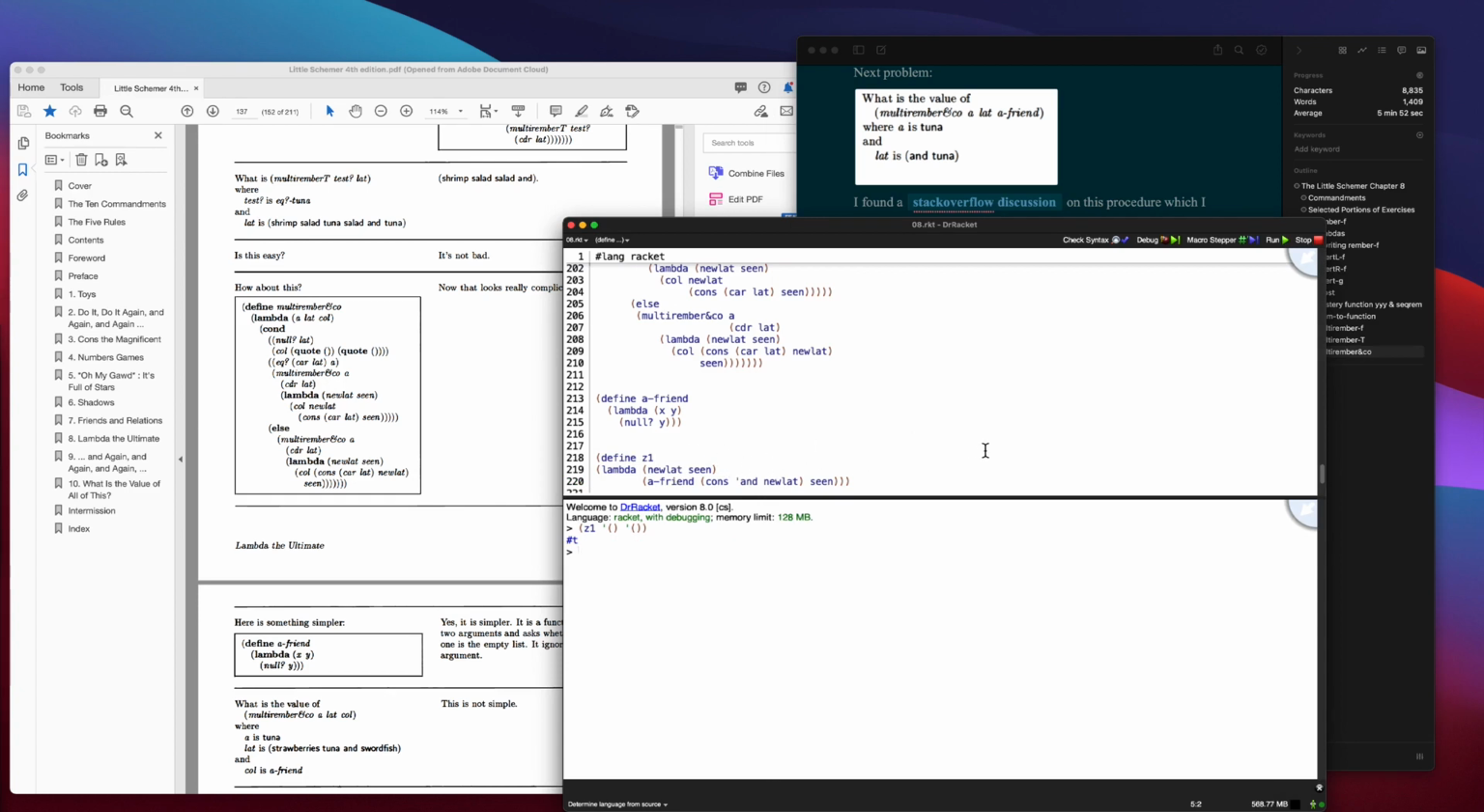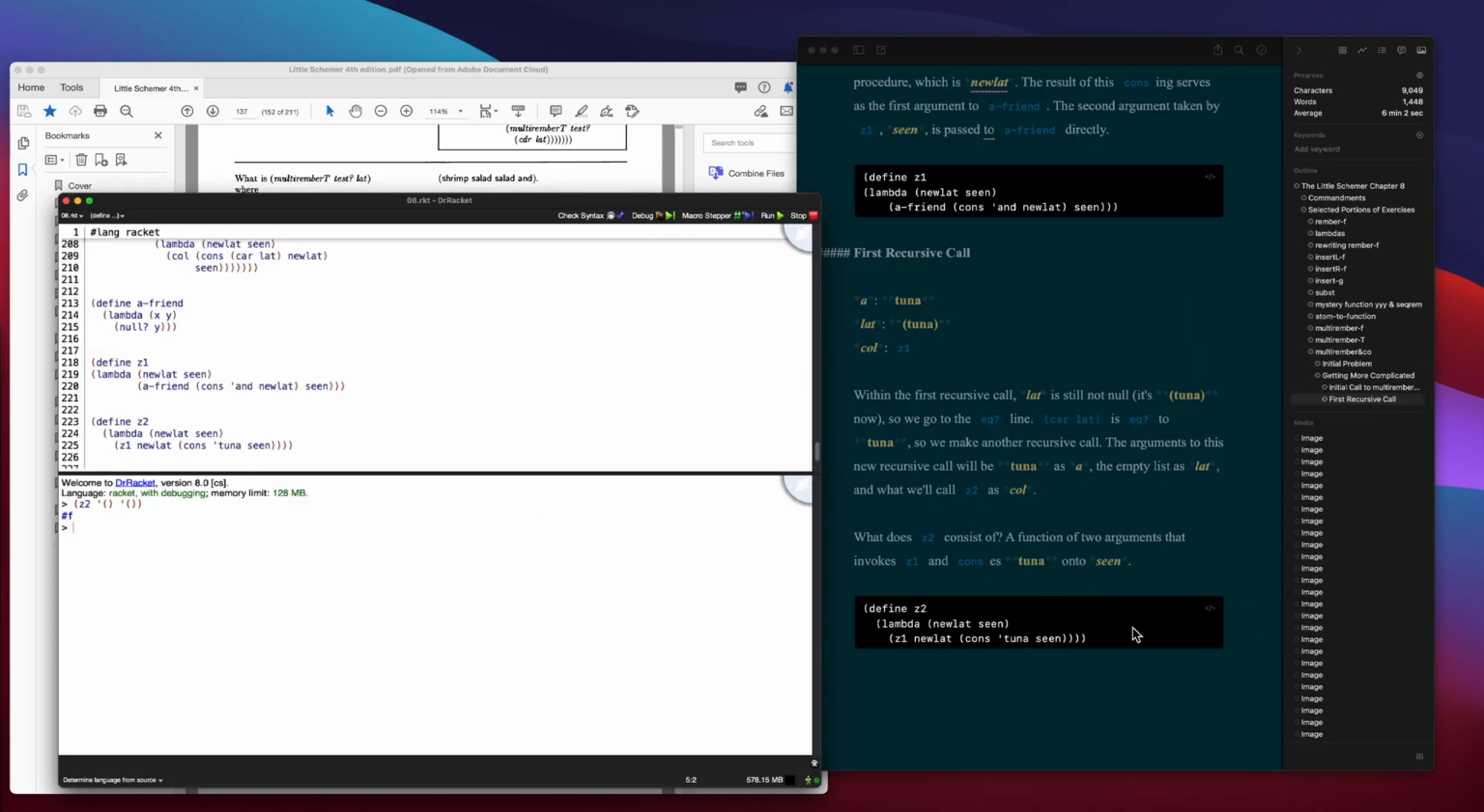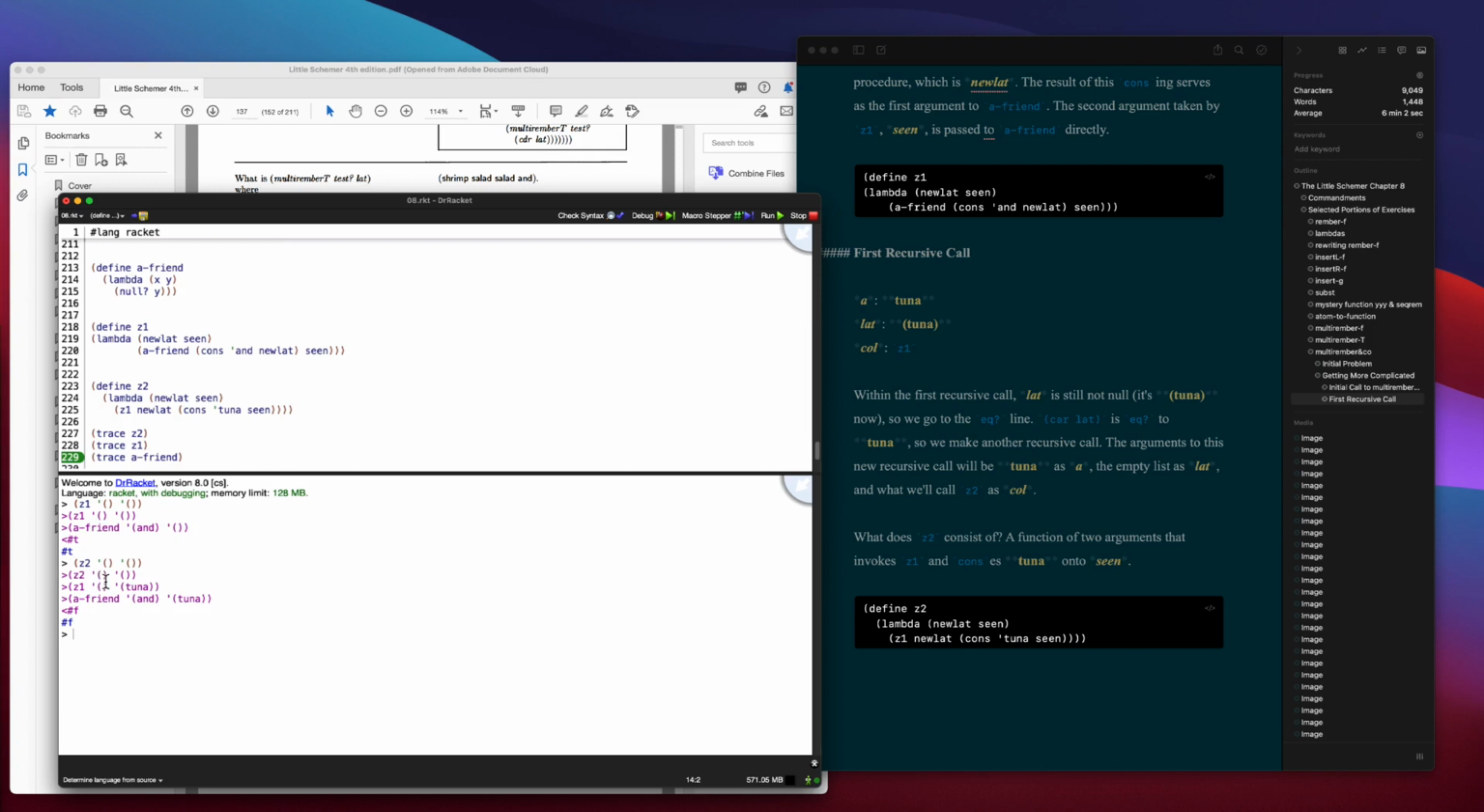And then so far with this input, if we pass Z1 empty lists, it returns true because nothing's been consed onto seen, which is the argument that a friend checks. So with Z2, we cons tuna onto seen, and then you can see the chain of what's happening. If we invoke Z1 before, when we cons and onto new lat, and gave Z1 two empty lists as arguments, it returned true because it only checks the second argument to see if it's null. But now with Z2, we also were consing something onto the second list, and you can see that